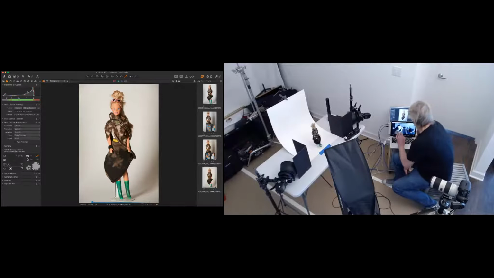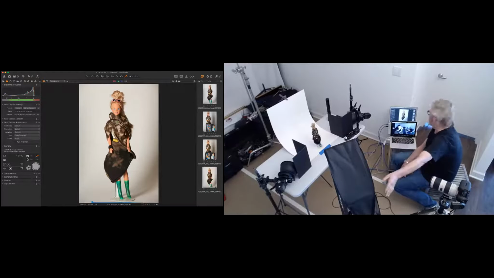As long as we're here, we might as well talk about a couple of other things that I might possibly want to do on this. Not going for a white background, but just thinking about shooting in general, and the way a lot of you guys have been shooting and what I'm going to try to talk you out of doing. So in this case, you've got a light on the left-hand side, raking across her, throwing the shadow on the background.